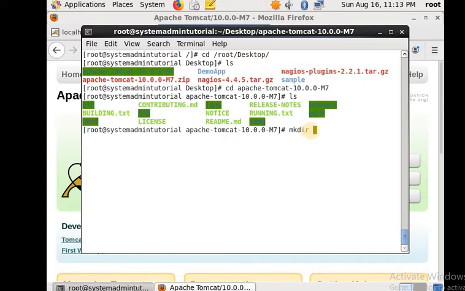How will we create the directory? mkdir -p, this is the command. Website1-webapps/ROOT. This is the directory we will create, because inside the ROOT we will keep all our application files.